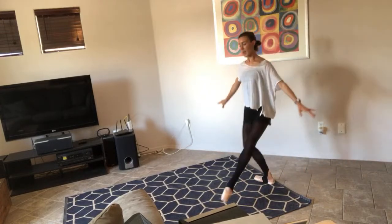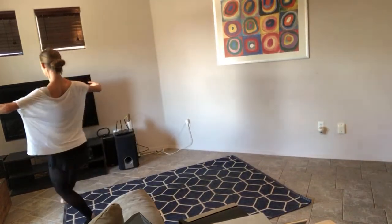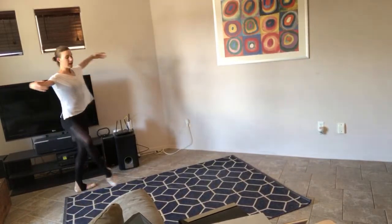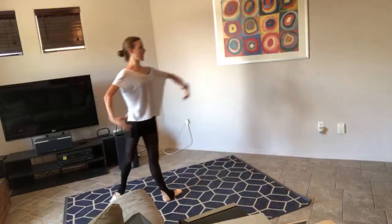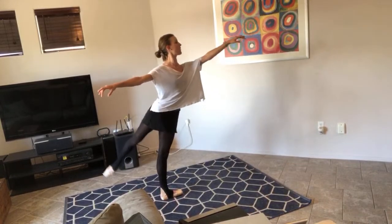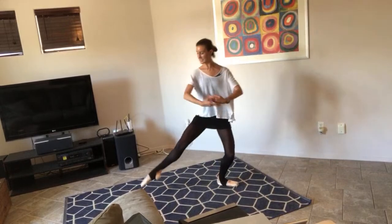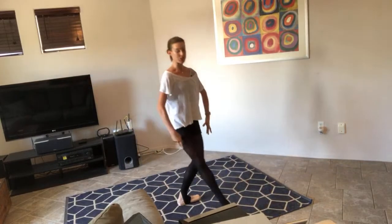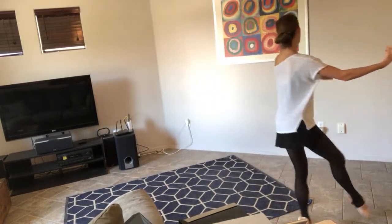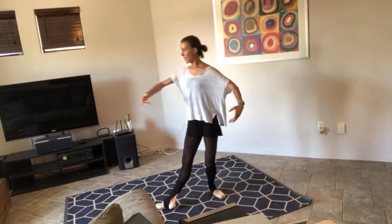1 and 2 and 3 and 4. Start turning around 5 and 6 and 7. Step to a tendu 8. Lift up to arabesque 1 and 2. Down 3. 5th 4. Step 1. Close those ribs down, engage the backs of the legs, and 5th and step B plus to the left. And 1 and 2, 8 walks, and 3 and 4, start turning around, 5 and 6 and 7, tendu